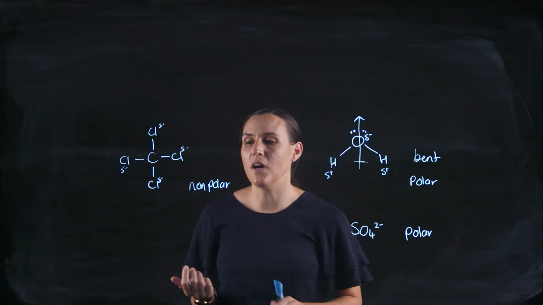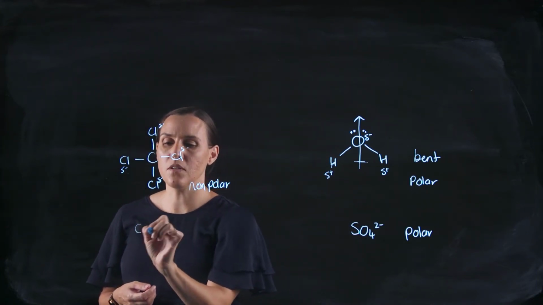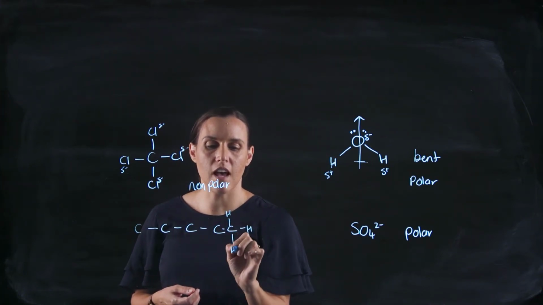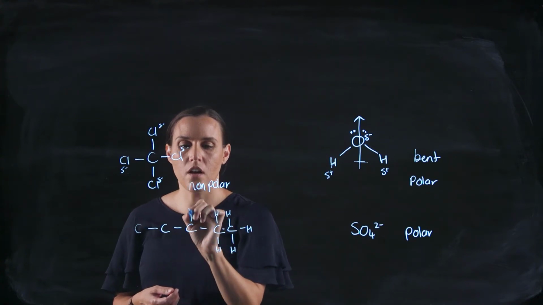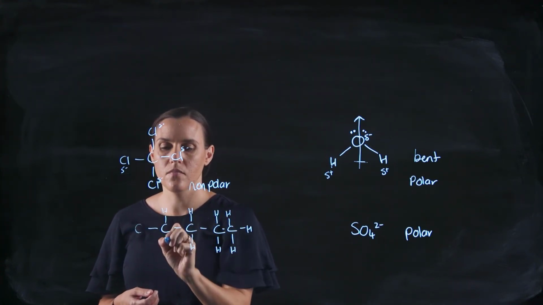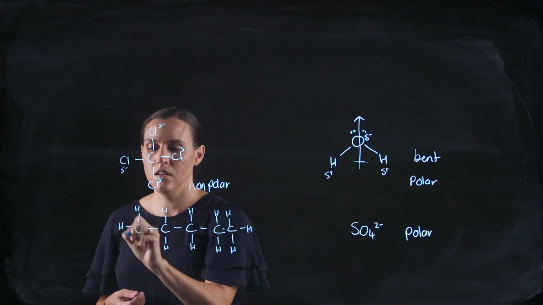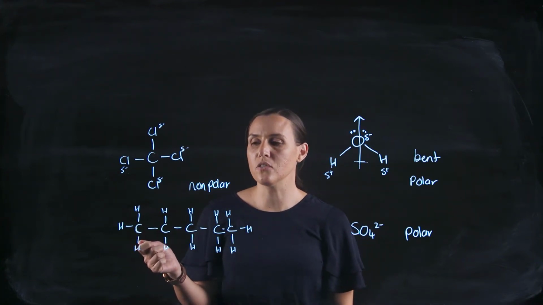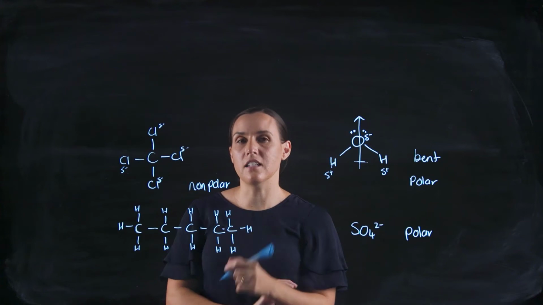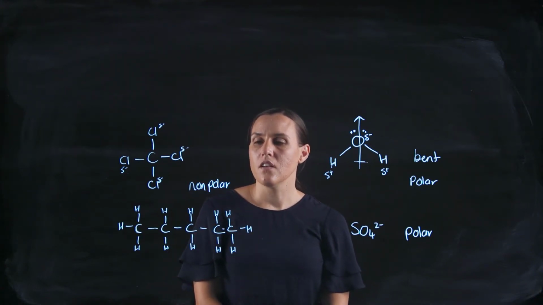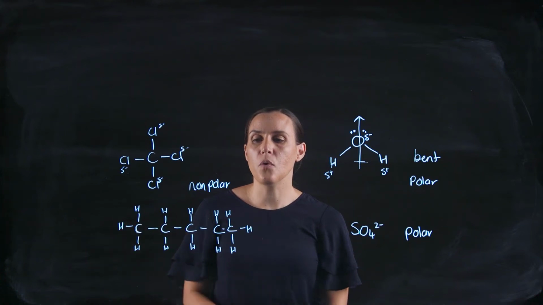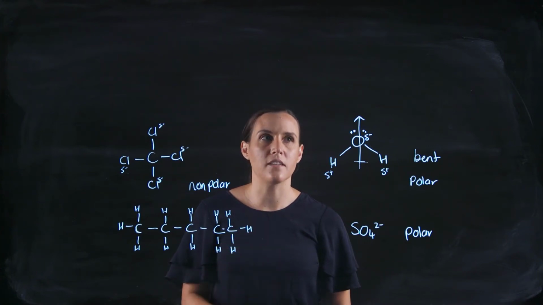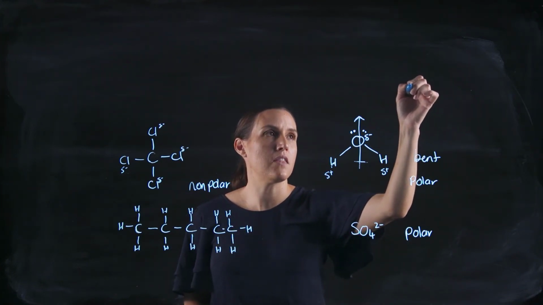Our classic non-polar ones are alkanes, so carbon compounds that are saturated with hydrogens, so they have the highest possible number of hydrogens attached. And the electronegativity difference in this is so marginal that everything cancels out and is also considered to be non-polar. So when we're looking at organic chemistry, we want to think about the ratio of those electronegative atoms to the electropositive atoms. So if we look at methanol,